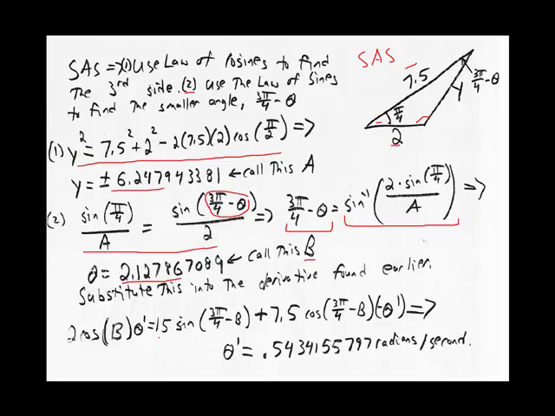So I have S. S was equal to 7.5. I have S prime, which is equal to 15. I plug in the angle B for theta. When I solve for theta